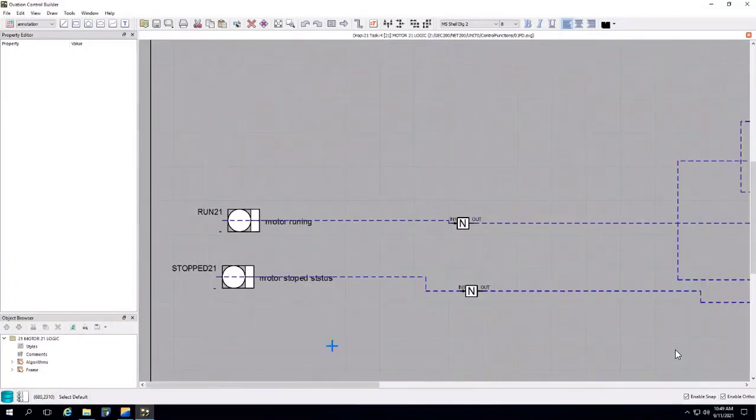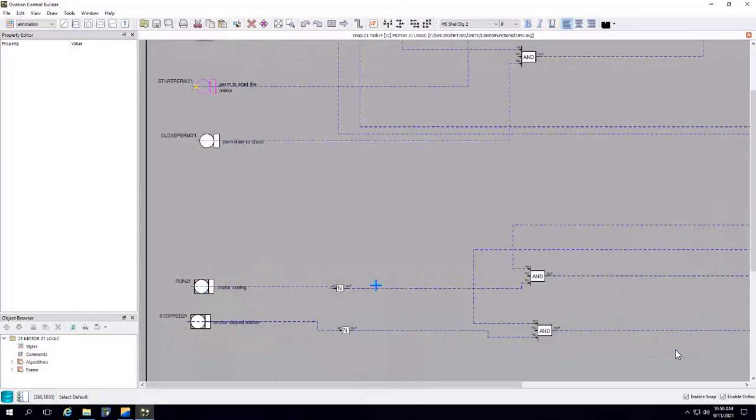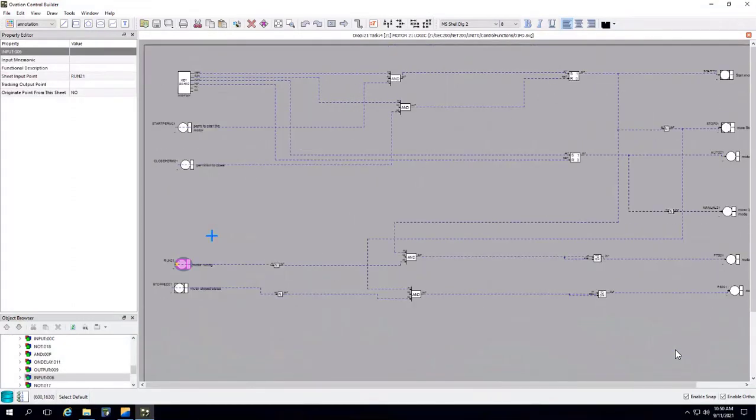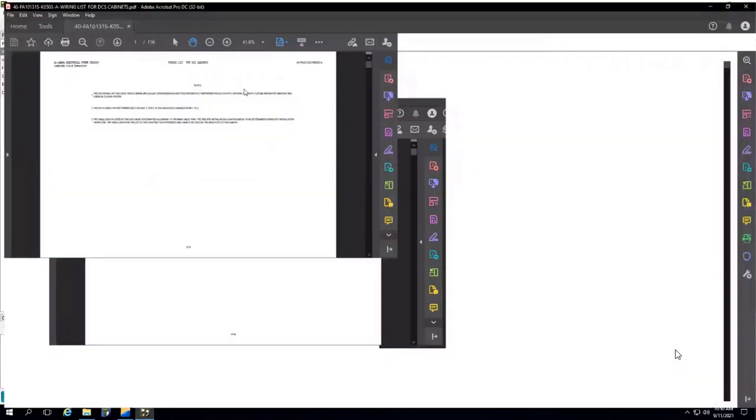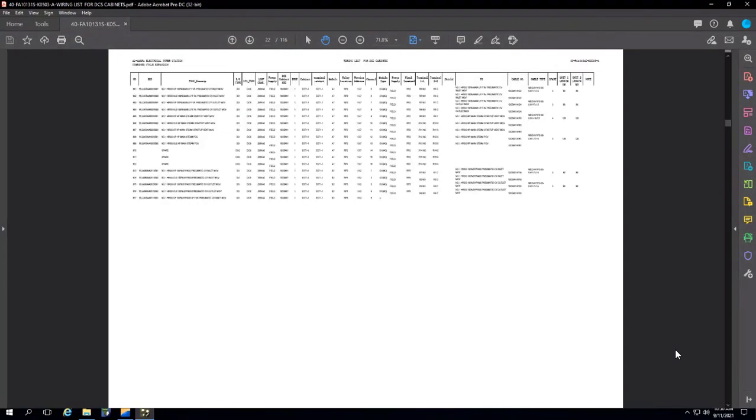Sir, in the IO wiring list, page 22, there are some digital output points Mr. Mohanad mentioned. Page 22. Yes, which point?